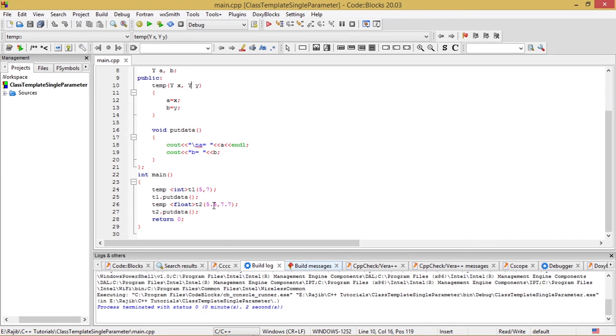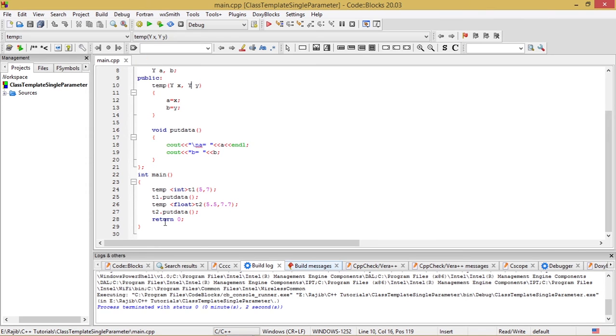which can be easily seen to be arguments of float data type, and here I have taken the float data type in angular brackets to make this generic data type Y behave as a float data type.